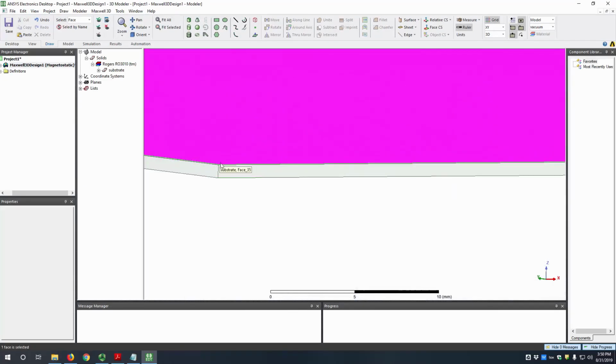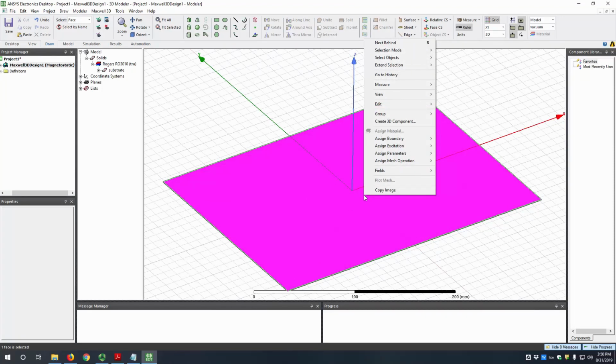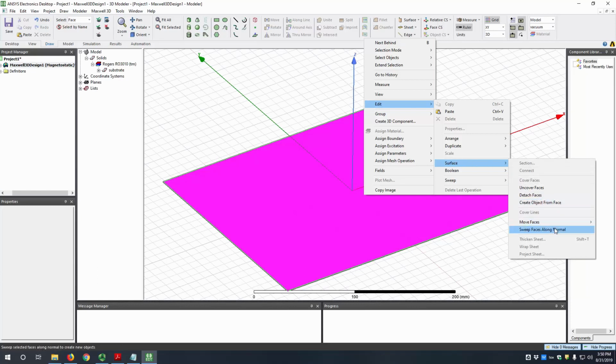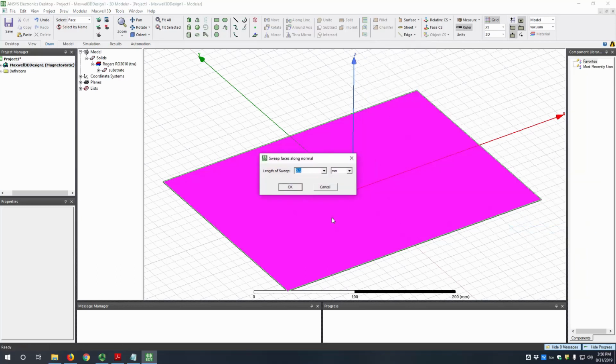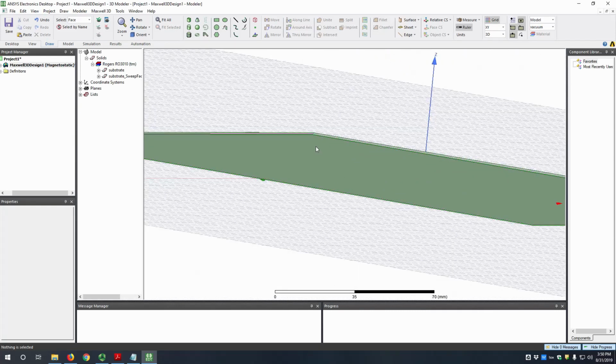select the top face. Okay, so we're going to right click, go to edit, and then surface, and then sweep faces along normal. This will create a new object of this length that will eventually be our conductor. So let's enter 17.5 and then micron. Okay, so you can zoom in